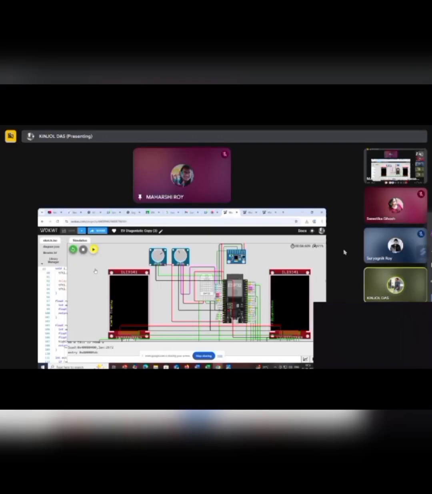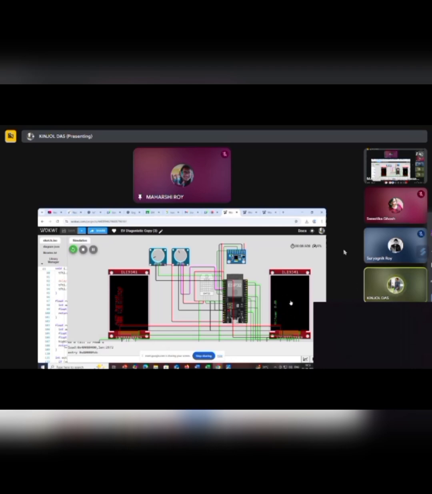Here is the simulation of our project. Here the two potentiometers are used. The first potentiometer is used to simulate the potential of the battery, and the second potentiometer is used to simulate the charging and discharging current. So first, whenever the battery is discharged, that is, has low voltage, in the right side of this display, here